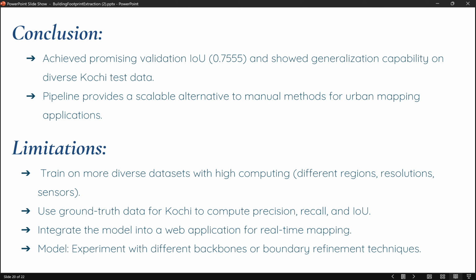For future work, we propose several directions: utilizing enhanced computational resources for retraining, expanding and diversifying the training datasets, experimenting with different model backbones or boundary refinement techniques, optimizing post-processing parameters, and crucially obtaining the ground truth data for the test areas like Kochi to enable robust quantitative evaluation, like calculating precision, recall, and test IOU, exploring integration with other data sources like LiDAR or SAR, potentially extending this to 3D building modeling, and finally developing a web application